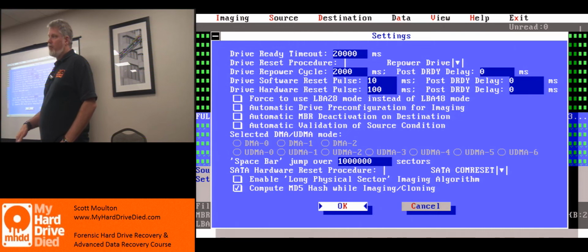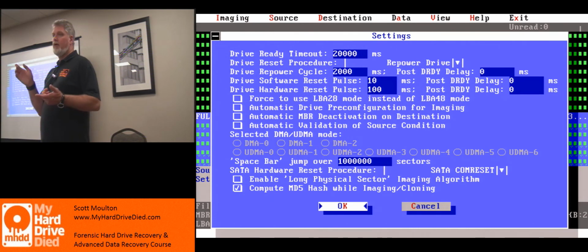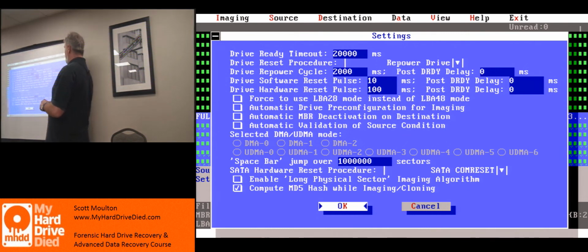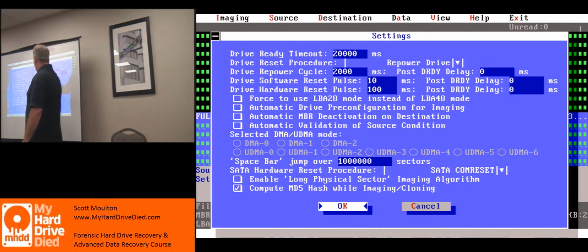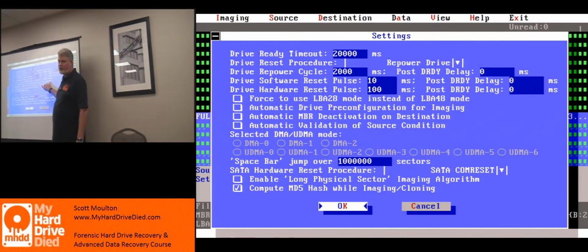Some drives don't support it, like Samsung's don't support it. Toshiba's don't support it. And those are mainly because they didn't have anything back then. They didn't write the code, they didn't have them. So they just kind of skipped all that altogether. It was already obsolete past the time that they were using it. But Western Digital and Seagate were around, and most of those drives will still support that ability to do that in the older settings. So this is where you choose which mode you're going to be in.